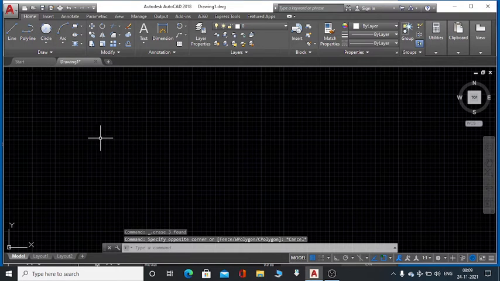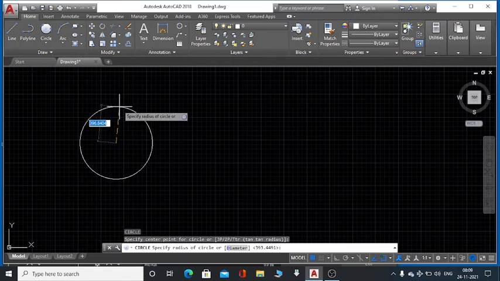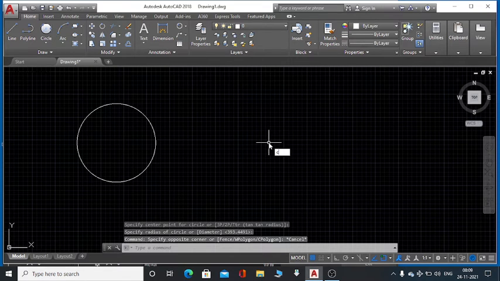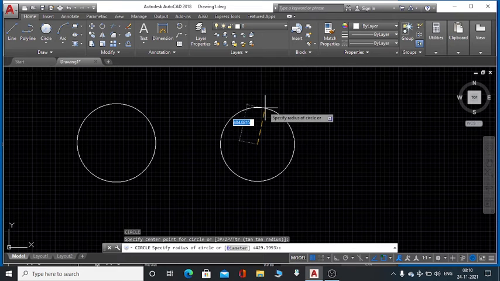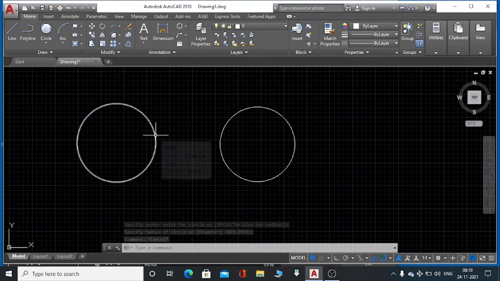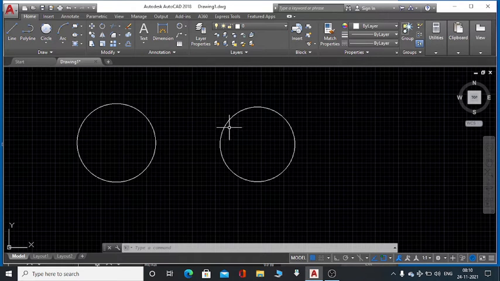For tan-tan-radius, I first have a circle already, C, enter. If I want to draw a circle here, one tangent is this, another one is this, with radius.